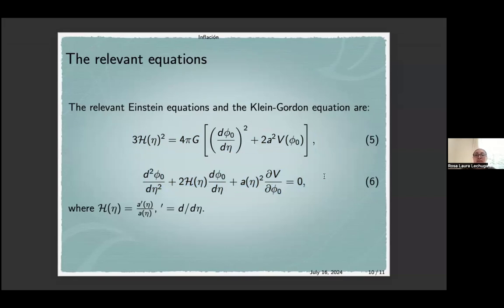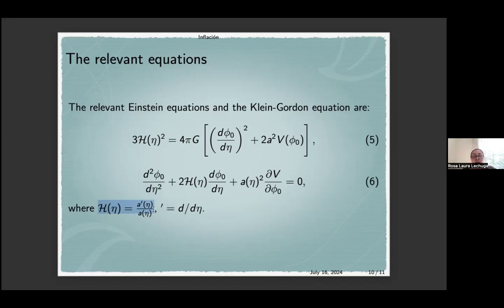As good physicists, we're going to work with the harmonic oscillator, but in this case the term for the friction is this H. This H is the analogue of the Hubble parameter that I showed you previously, but remember that